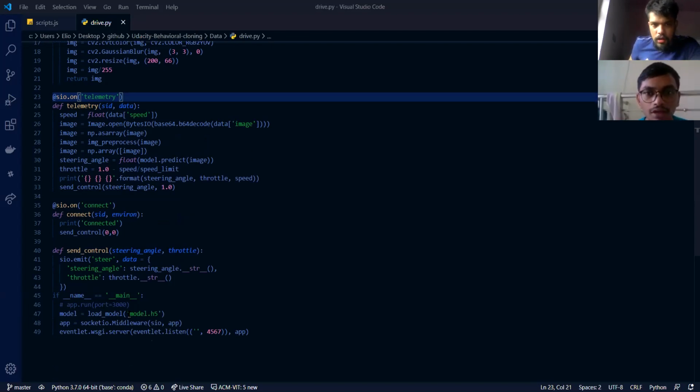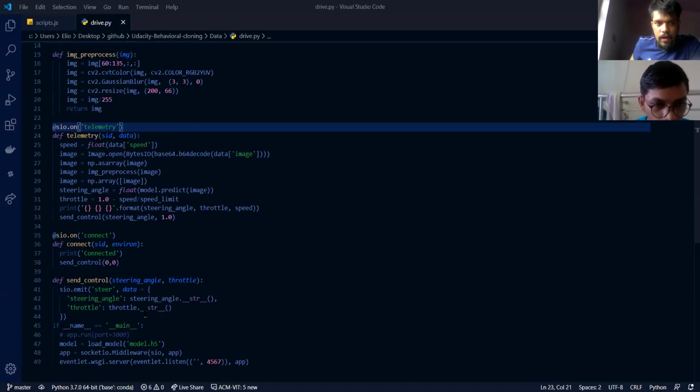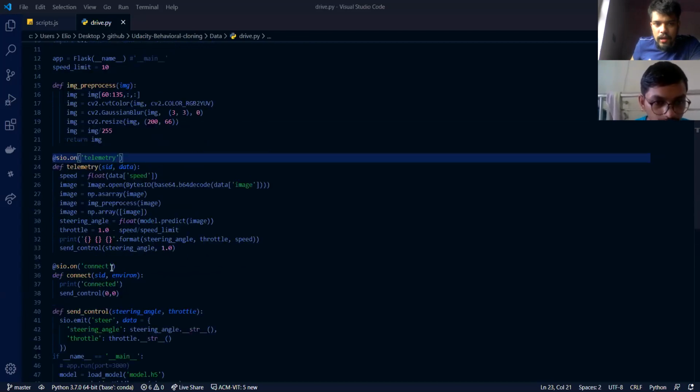And yes, here you can see that we have imported the model into a Flask model to establish the functions, and at each and every instant we are passing the steering angle, the throttle and the speed into the Python console. Now I'll be simulating the model. So just hold on, I'll be sharing the screen.